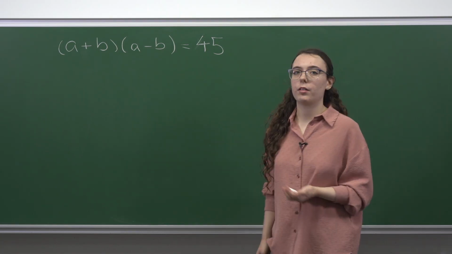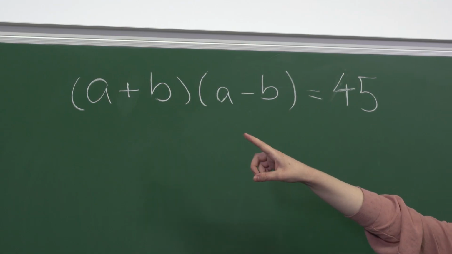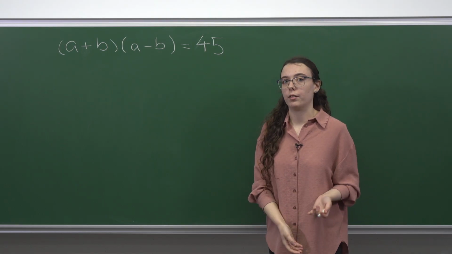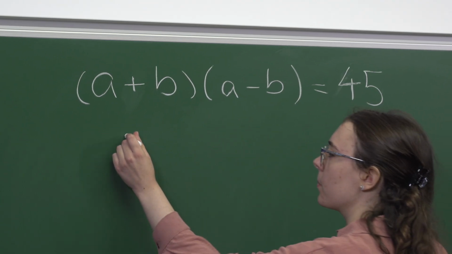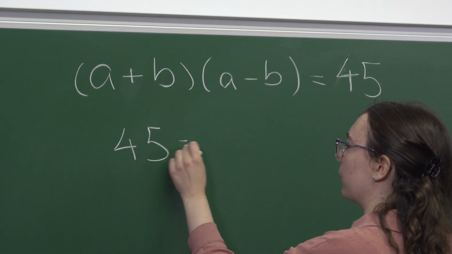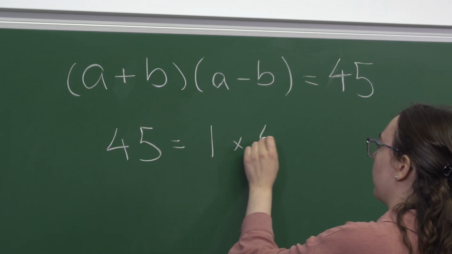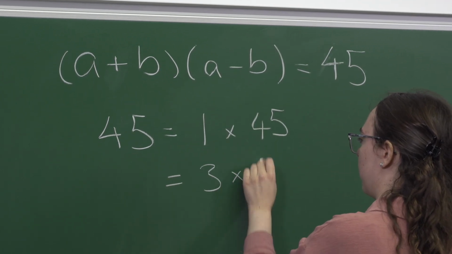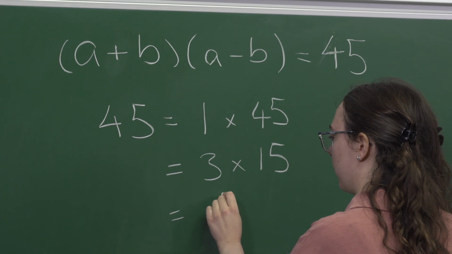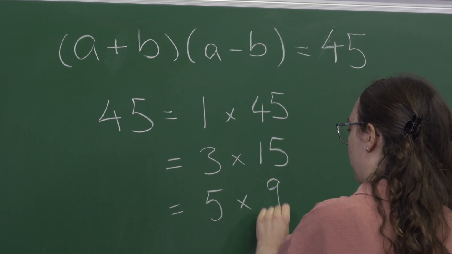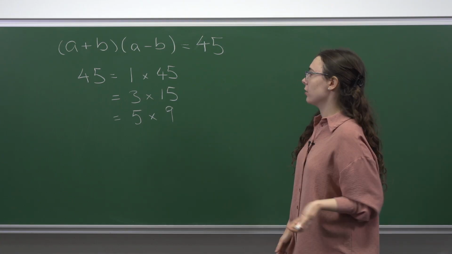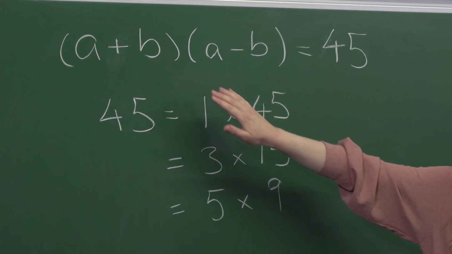So in this question, we're asked to look for solutions to the equation (a + b)(a - b) = 45, where a and b are positive integers. So let's look at the factors of 45. So clearly, because a and b are integers, one of a plus b is going to have to be one